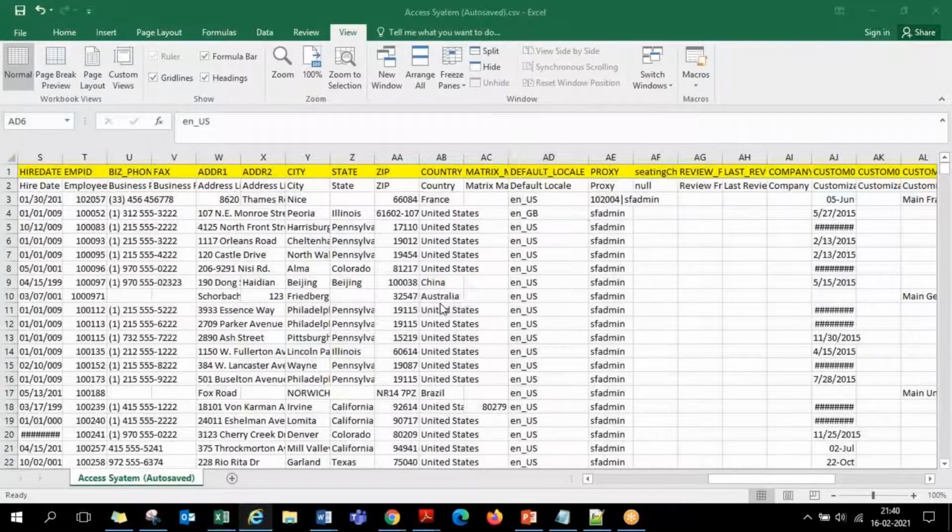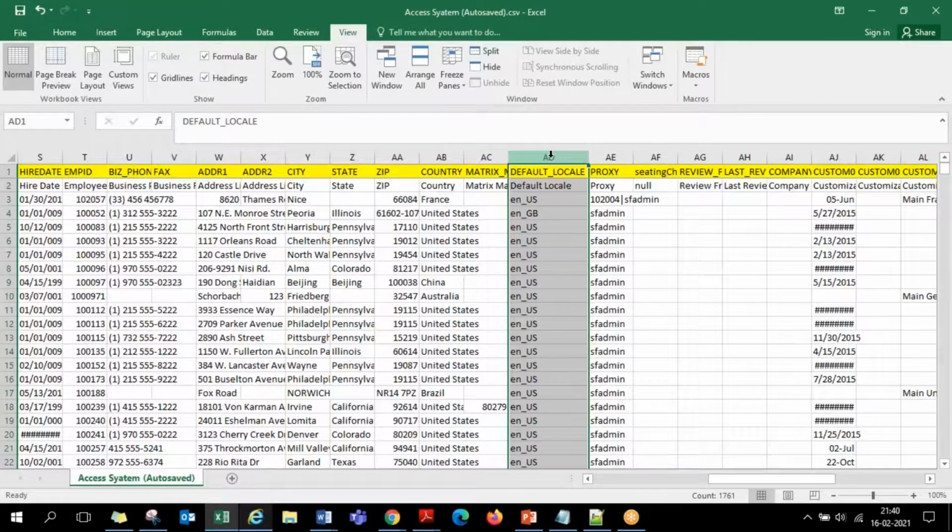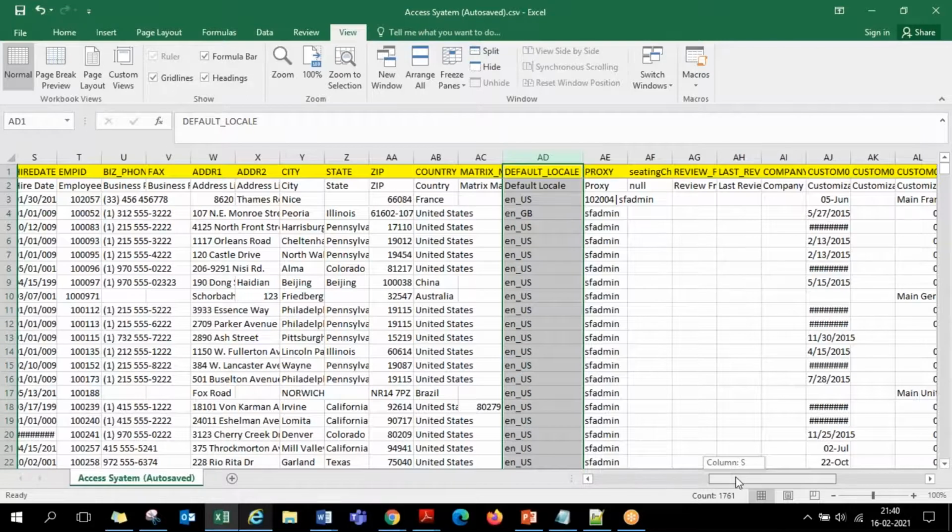Okay, so this is the default language. That is one column. From the start till the columns of manager and HR, all the other columns in between are non-mandatory. This default language locale is what you are required to maintain. And after this, going to the extreme right,